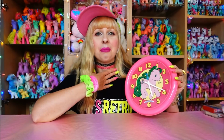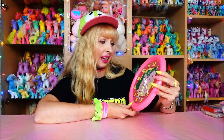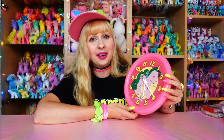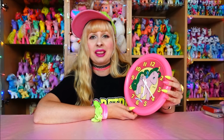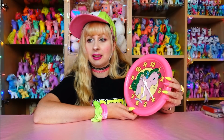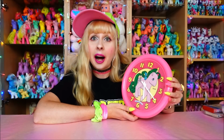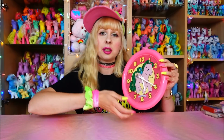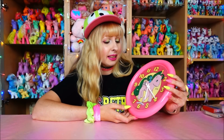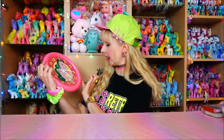My Little Pony is my favorite toy line, especially the first generation, and it's my main focus in collecting. And of course I also want to collect the merchandise products, and I don't really see them out that often, because it's hard enough to find anything G1 My Little Pony in the wild. I mean, online I could maybe search for stuff like that, but I don't think it comes up very often. And this is original from, I think it has a date,